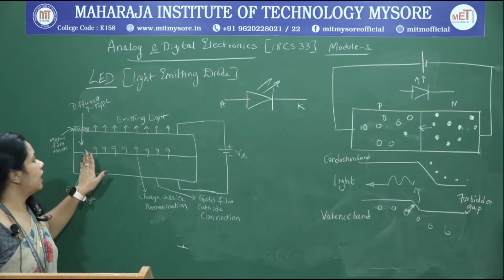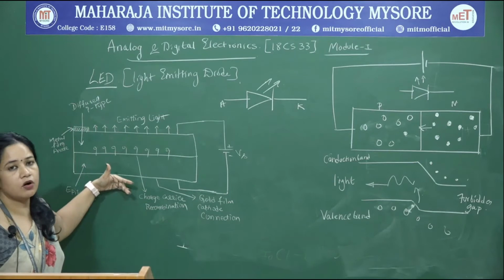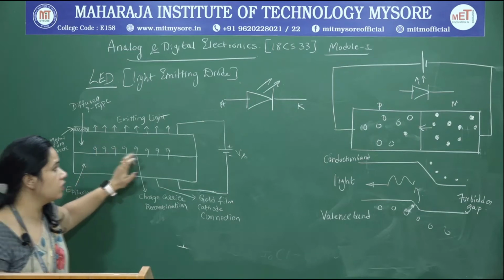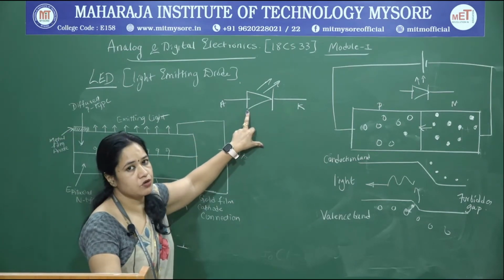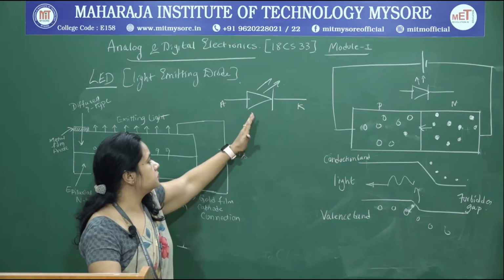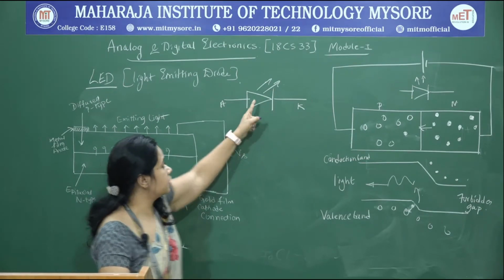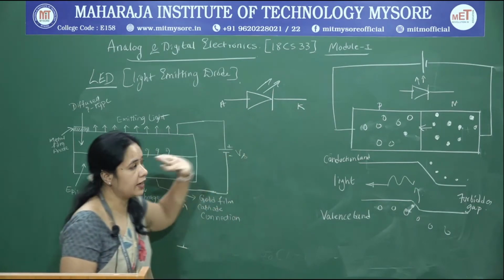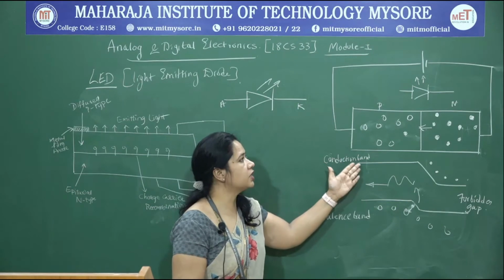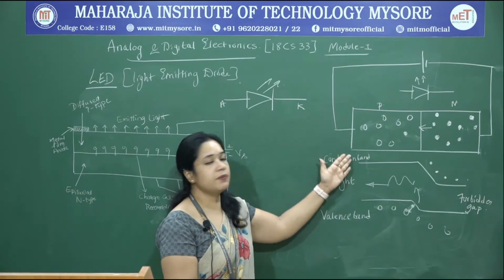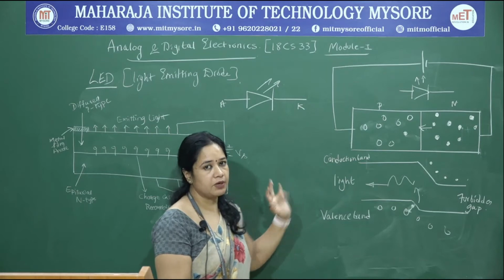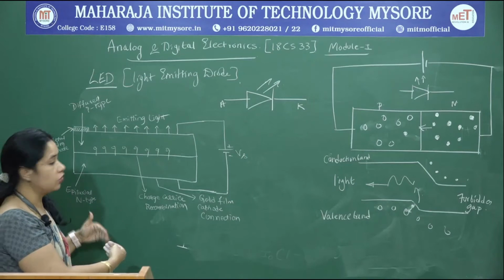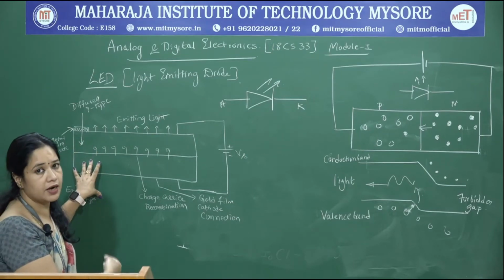Here we have the constructional cross sectional view of a light emitting diode to depict its constructional details, and this is the symbolic representation of an LED. So, we have a normal diode representation, and light rays emerging from the diode indicating it is emitting light. And this is a circuit diagram used to explain the working or operation of the light emitting diode. If you look into the cross section, you can see the constructional details of your light emitting diode.